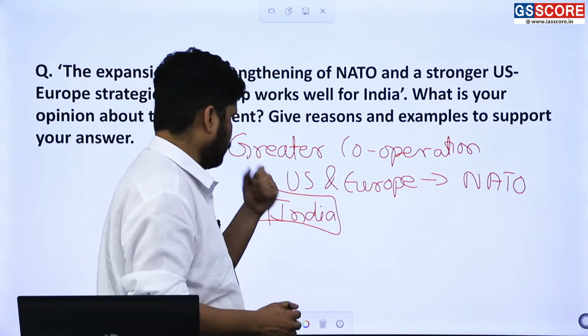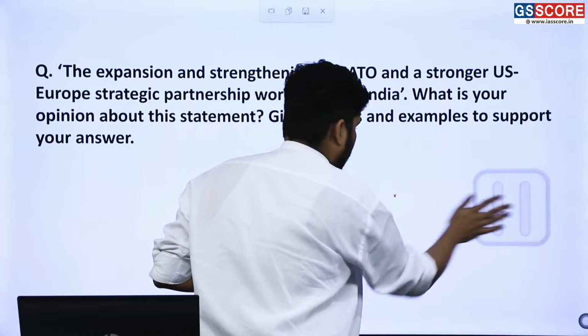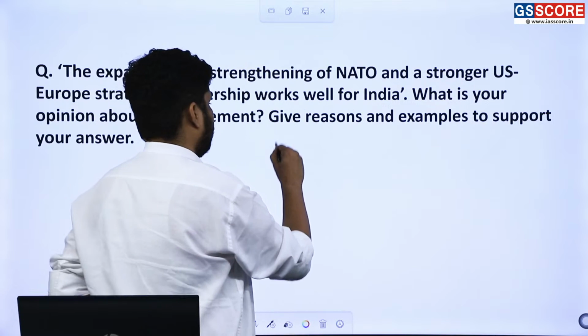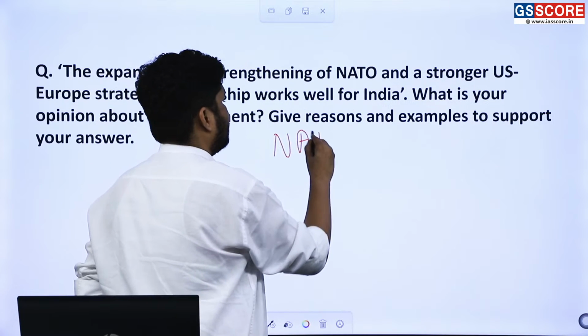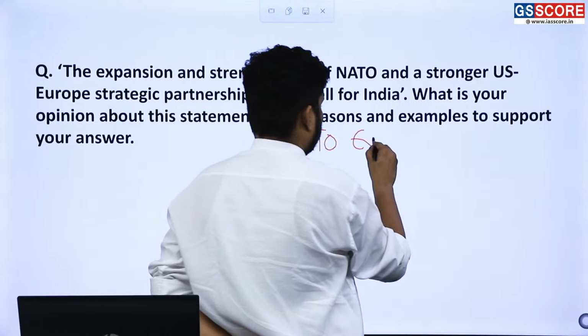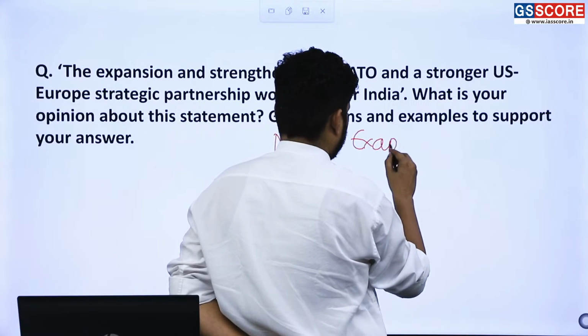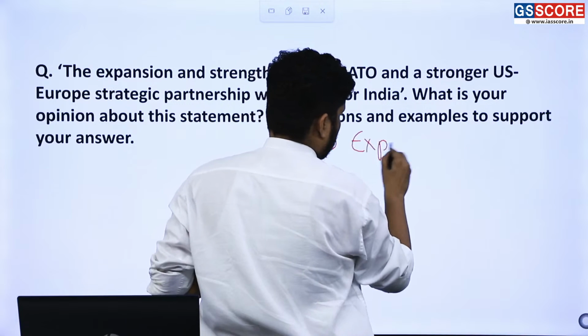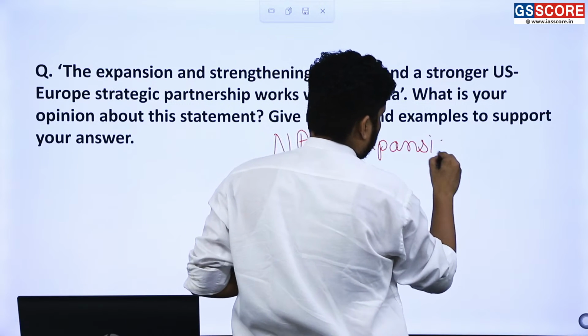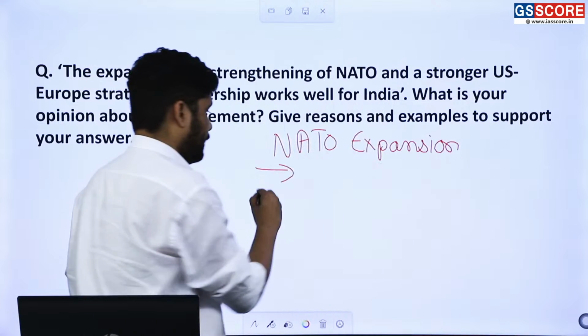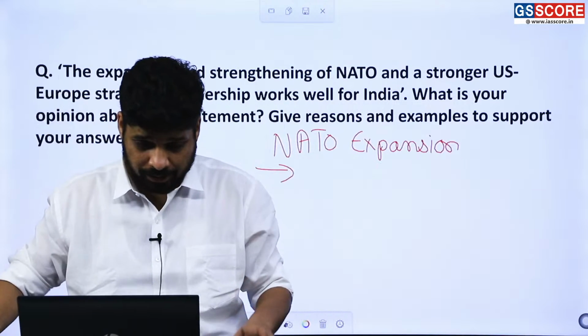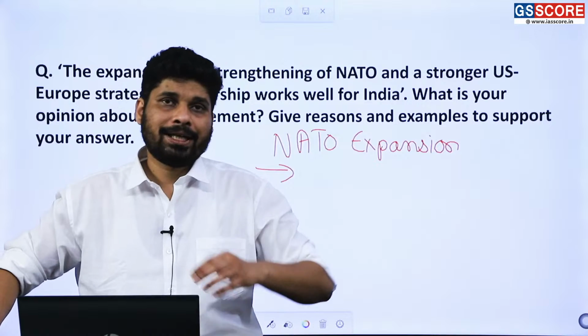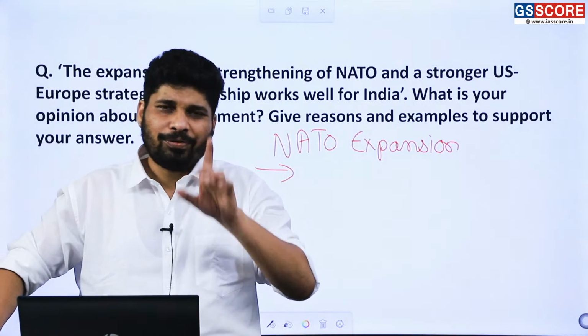Okay, so now what we will do is we'll get into how NATO expansion does help India. चलो देख लेते हैं फटाफट, with respect to NATO expansion how we can in a way connect. देखो, first and foremost NATO's